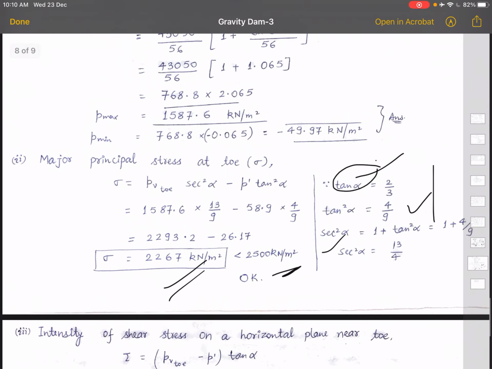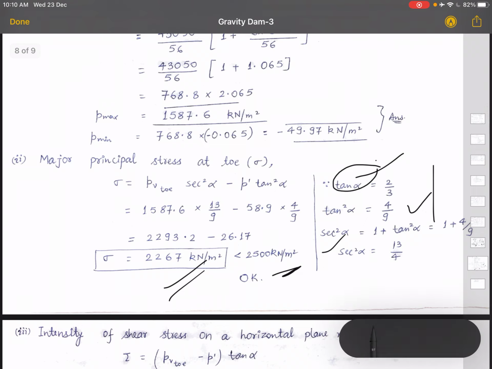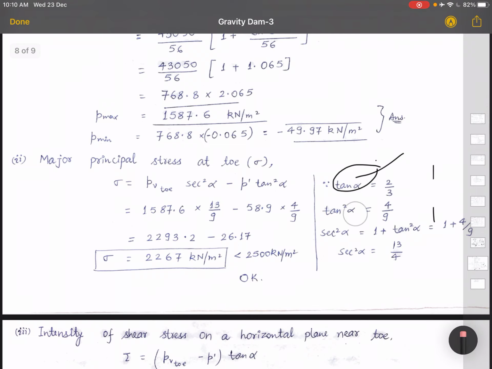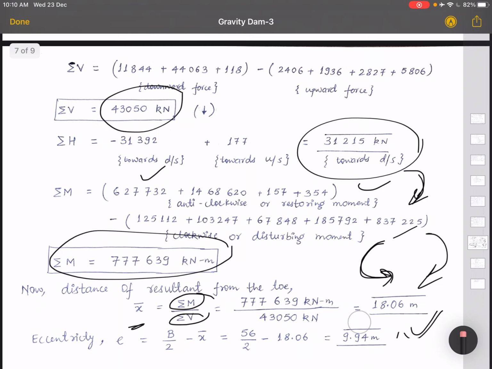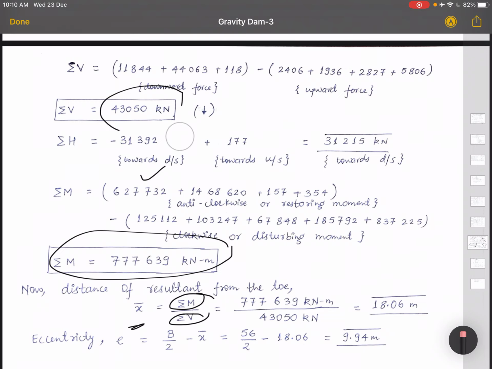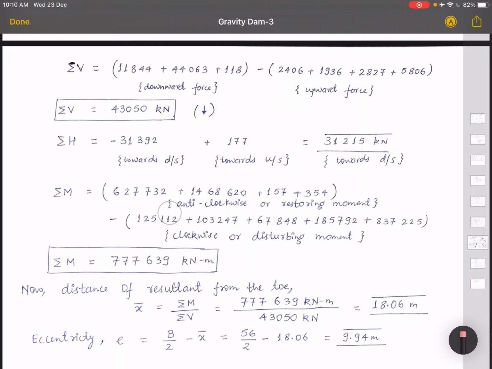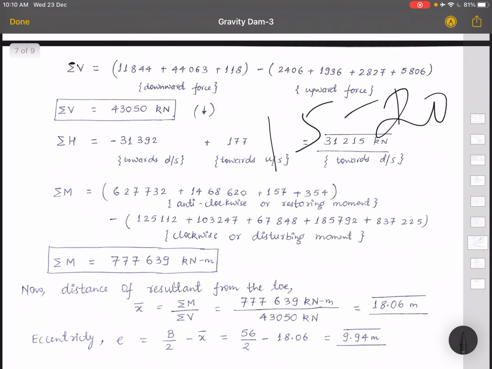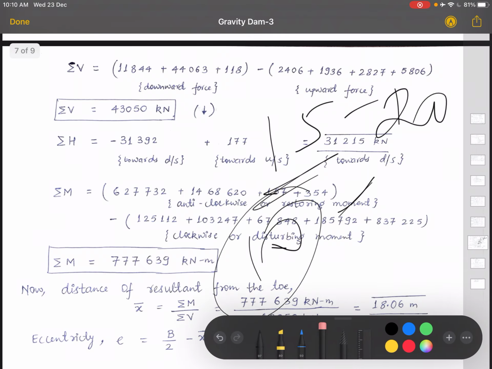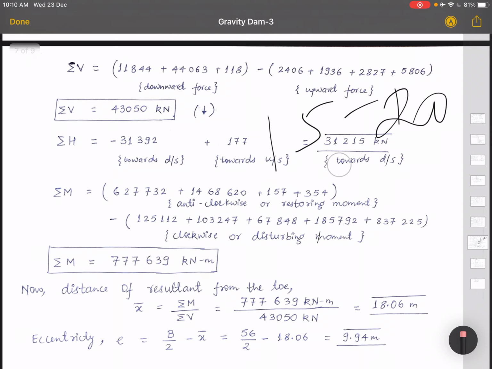Again I would say, if you have any doubt, just ask me wherever you want me to clear your doubt. You can email me, you can message me, but please first go through this solution and try to solve it on your own. Then only will your concept become very clear. You will get at least 10 marks for this type of question in your RTU exam. So this topic is very, very important.